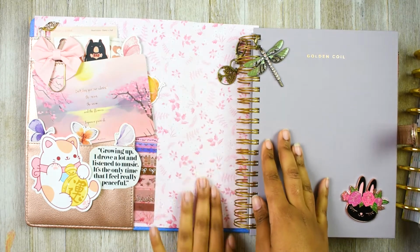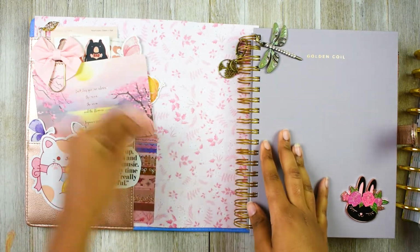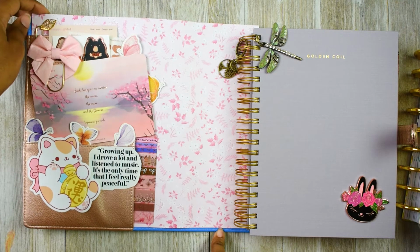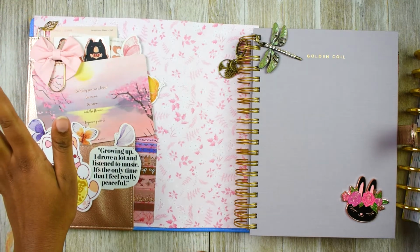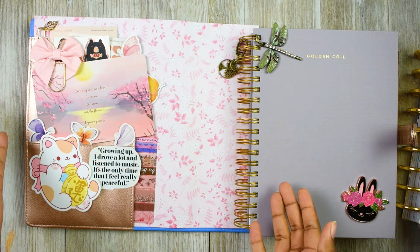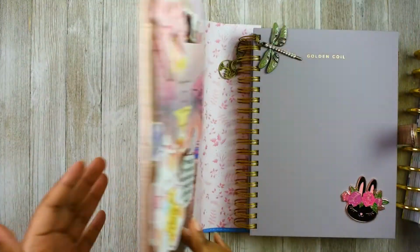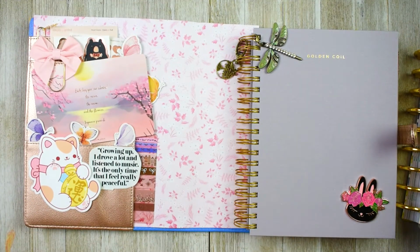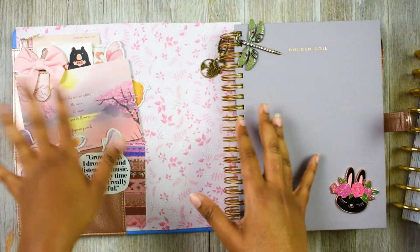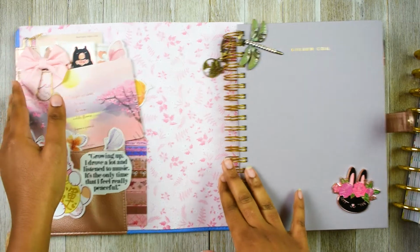So this little backdrop here is just some cardstock paper that I cut down and pushed into it, because as you can see, the actual background of this is blue, and I have no idea why they went with such a bold blue with this dainty rose gold cover, but whatever, that's beside the point. I added in some cardstock paper to try to ignore that. But I have this journaling card that came from